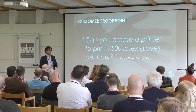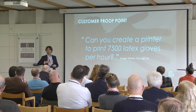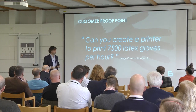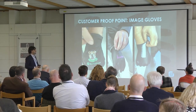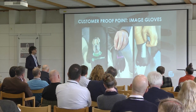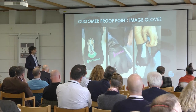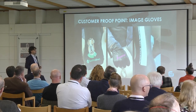So we were about to give up until we said, okay, we're going to try one last thing. We're going to design our own primer and see if we can create a primer layer that has adhesion and stretchability. And if that works, then we will see if we can build up the rest of the ink system. And once we started doing that, we were able to succeed pretty quickly. Because we received a primer system that has adhesion, and after that we continued with modifying the inks, the CMYK. And we managed to get a UV ink that has a decent print quality on latex gloves, can be stretched in multiple directions,